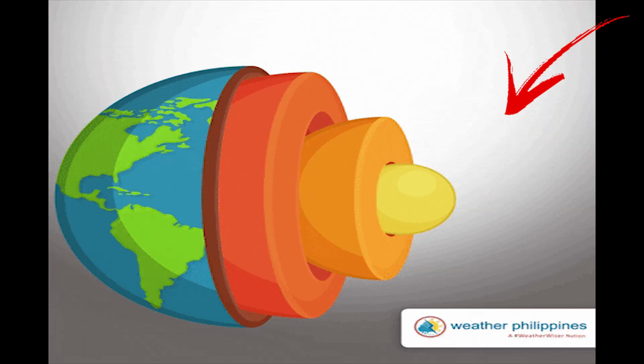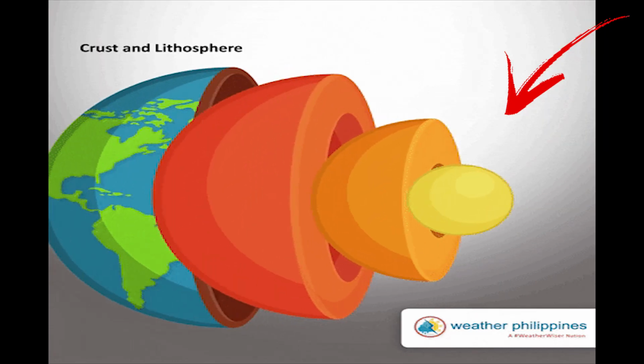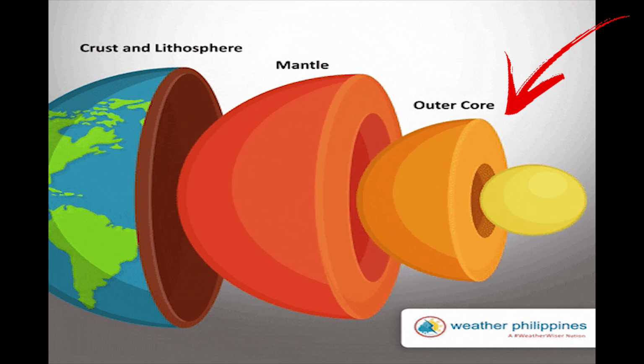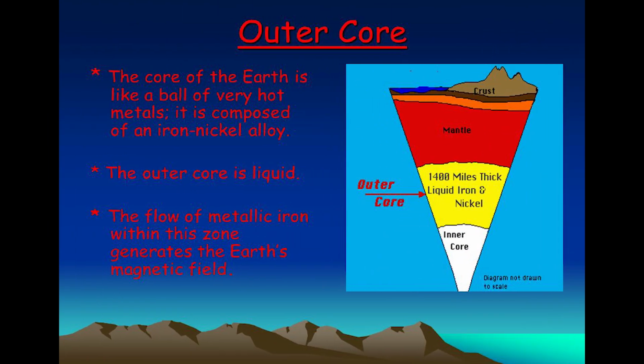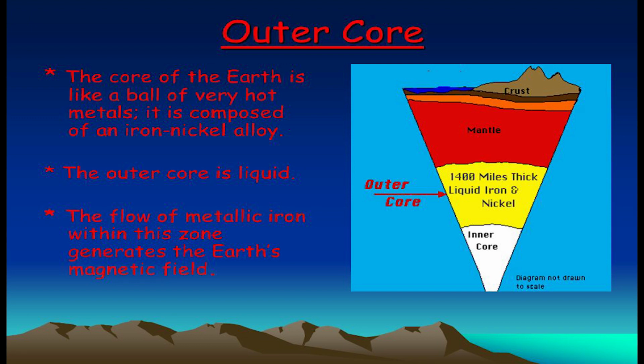Now, let us see the next layer, that is core. Core is divided into two parts: outer core and inner core. Outer core. Once we have made our way through the mantle, we would reach the Earth's outer core. Watch out! It's super hot here with temperatures ranging between 4400 degrees Celsius to 5000 degrees Celsius. It is so hot that the metals that it is made of, iron and nickel, are in their liquid state.